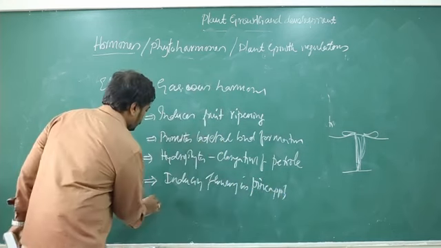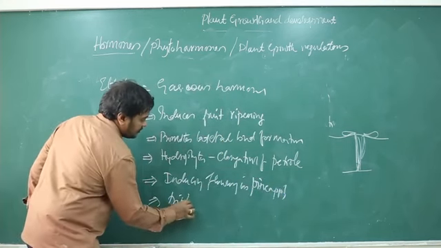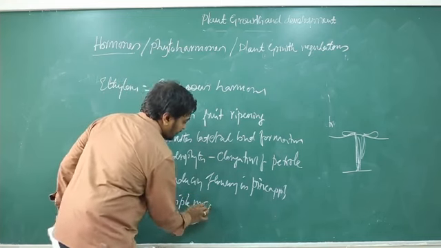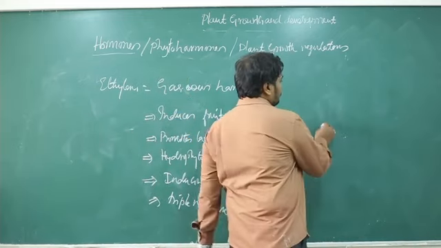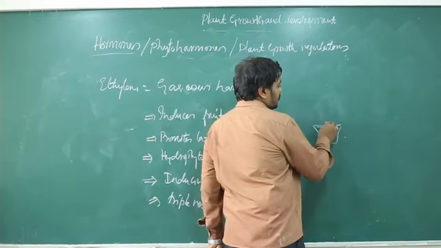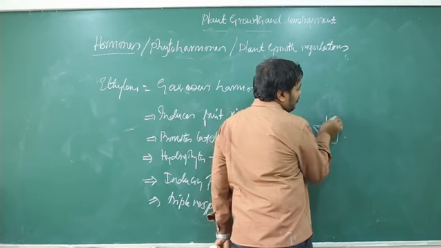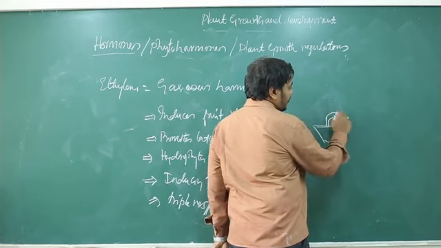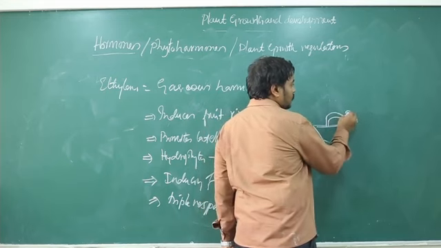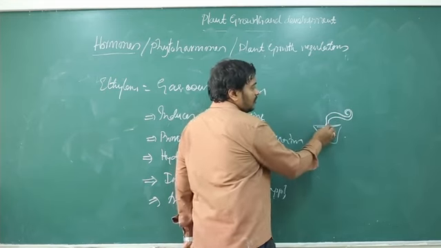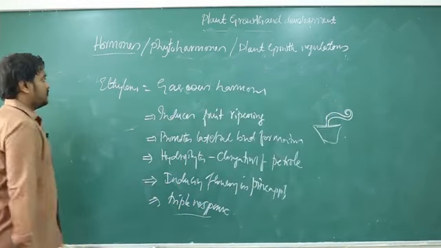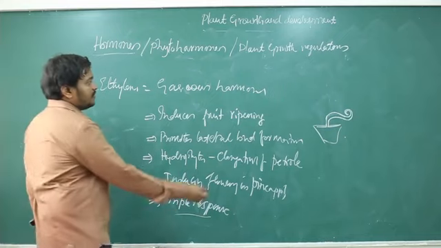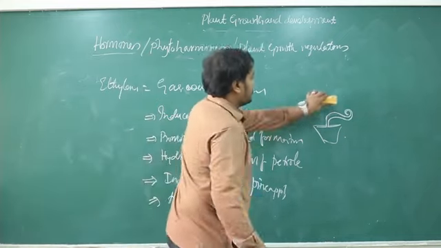Okay, and it also shows triple response. So what is that triple response? Triple response means when the concentration of ethylene is increased, after the seed gets germinated, if you treat with ethylene, it starts bending towards one side. Okay, so it bends, the size of the stem is increased and it forms a hook. This we call triple response. Grows horizontally, enlarges and hook formation together are called triple response. So this triple response is shown by ethylene. So the major function is ripening, and it induces senescence also.